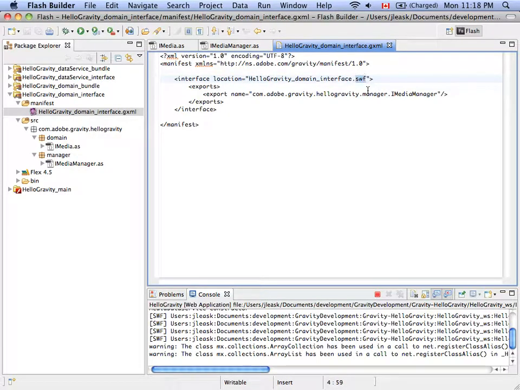Now that's a little bit confusing actually, in that this is a library project, yet what we actually need is a SWF file, not a SWC file. And we'll show you how to actually do the linkage at the main application later. But just do take note that what we're ultimately going to need for this interface is the SWF file. So we've got the domain interface SWF, and here we're declaring that this particular interface is going to export